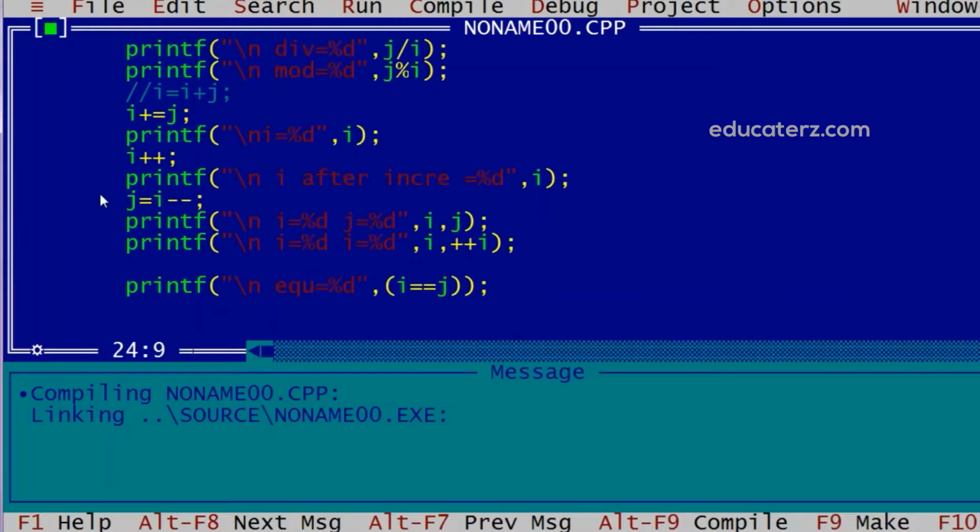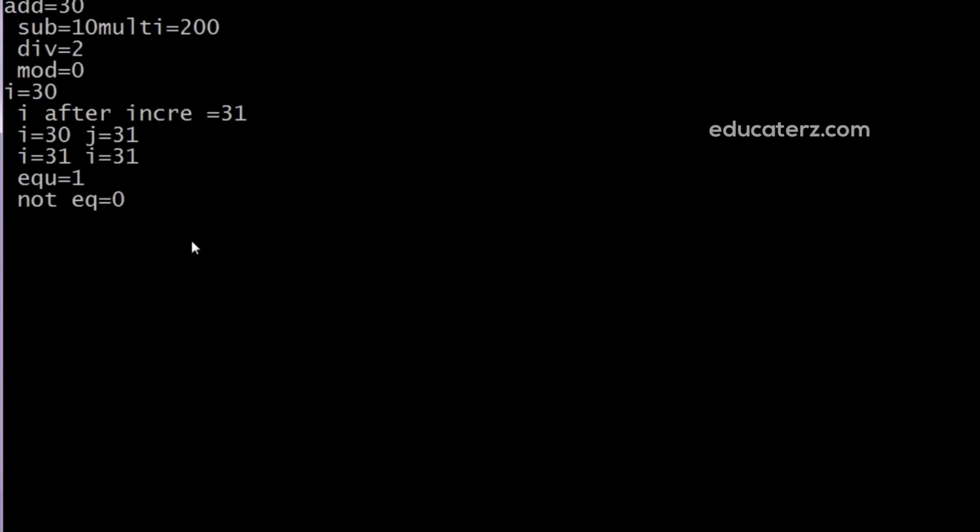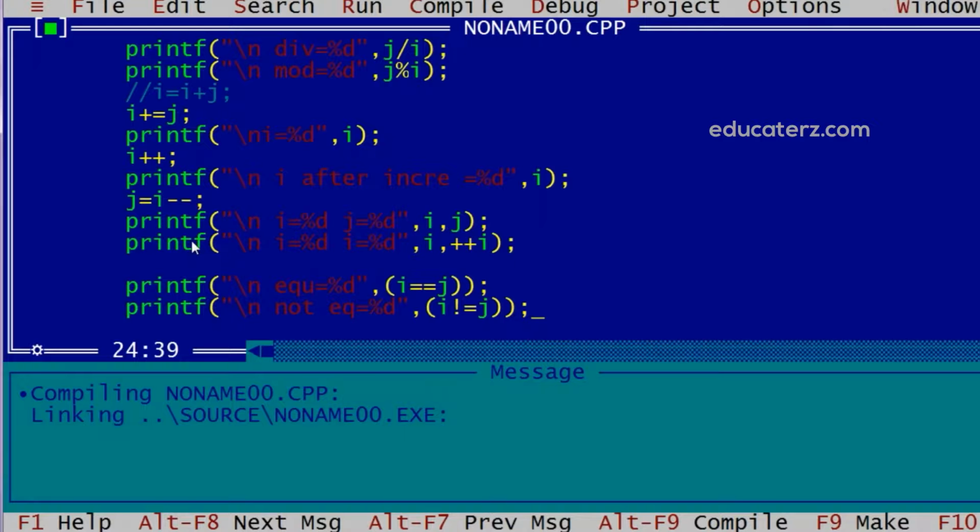If I go for not equal, and here I have i not equal to j, and we execute this, we got 0, means false. They are equal, so the statement that they are not equal is false.